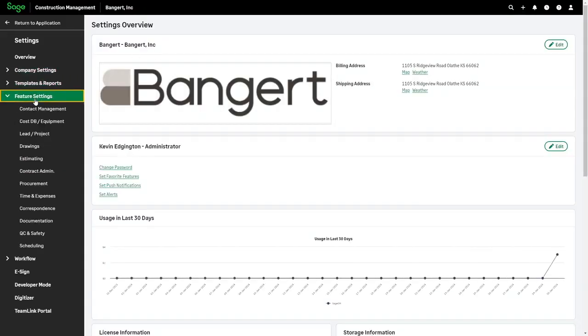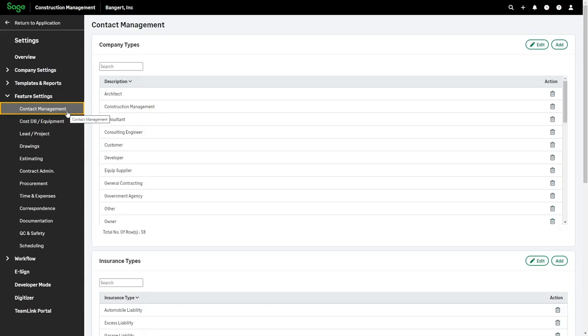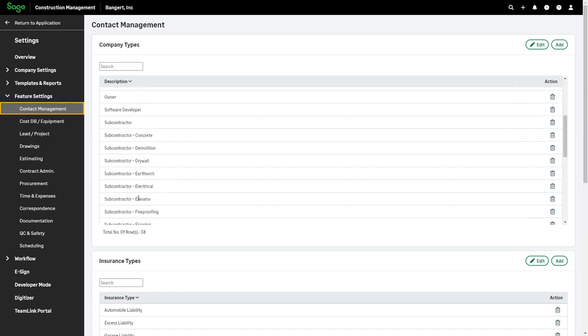And under feature and under contact management is where these settings come into play. So company types, this is what is currently set up in my environment. Yours will differ. I would look at being somewhat generic, kind of like what you see here, so that way I could tell a customer from an architect, from an owner, things of that nature. Now, in my database, if I go down farther, there's a few that I would not recommend doing here, where they've gone into sub and different types of sub.